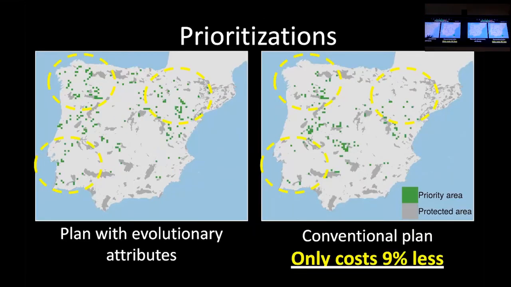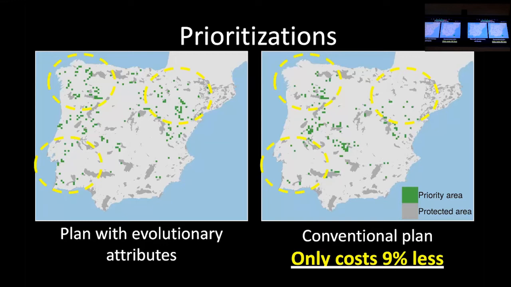So what we did was we generated one plan using the distribution data I showed earlier, as well as all this genetic stuff that we calculated. And then we generated another plan without the genetic and evolutionary stuff. What we found is they're kind of similar, but if you use the evolutionary stuff, you get some key differences. There are certain places in the study region, highlighted in these yellow circles, where there are far fewer planning units selected. As a consequence, this prioritization that wasn't generated using the evolutionary data is missing those places, so it's not meeting targets, or it's not safeguarding the individual heterozygosity. It's not getting climate refugia, and it's not getting the adaptive and neutral clusters.